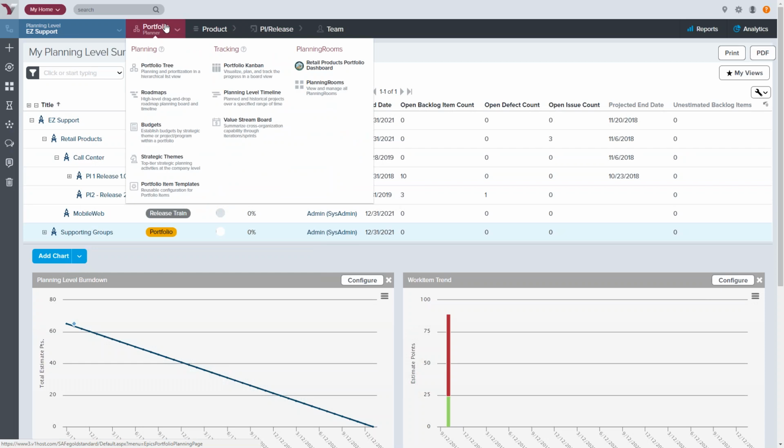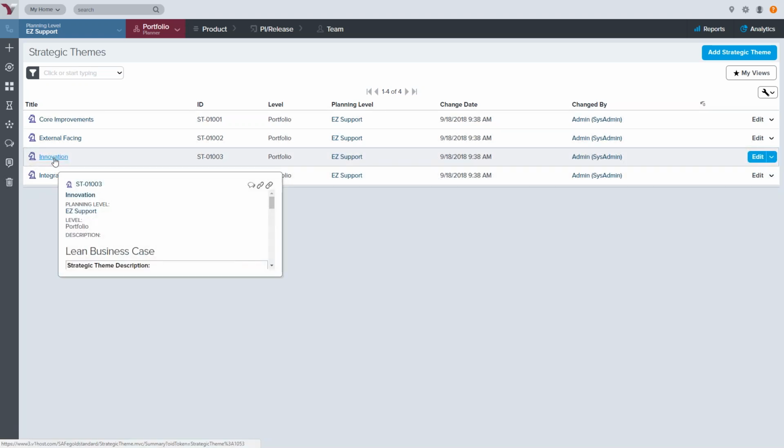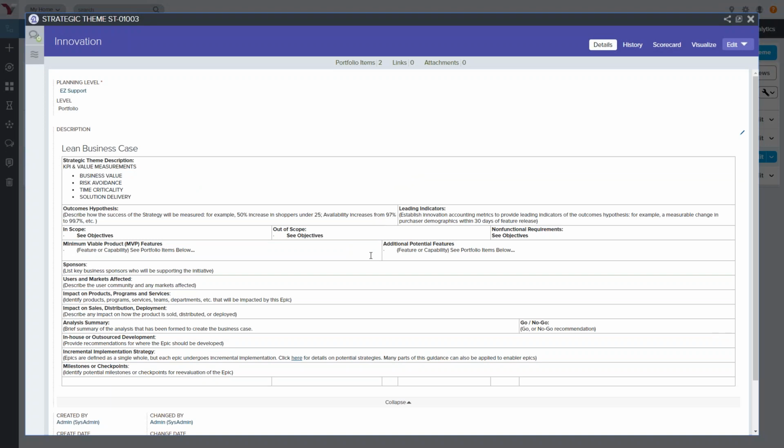From a portfolio perspective, we're going to start by looking at the strategic themes that we have set up. This is the same instance that you would be using as part of your test drive, so this should be very similar data to what you're seeing there. When I go under the portfolio planner and look at strategic themes, I can see an innovation strategic theme. When I open that up, we can look at the description, where I pasted in a lean business case